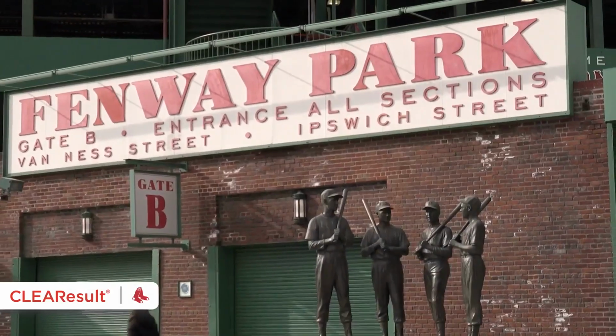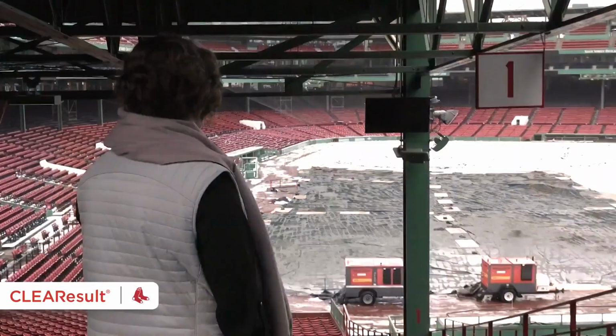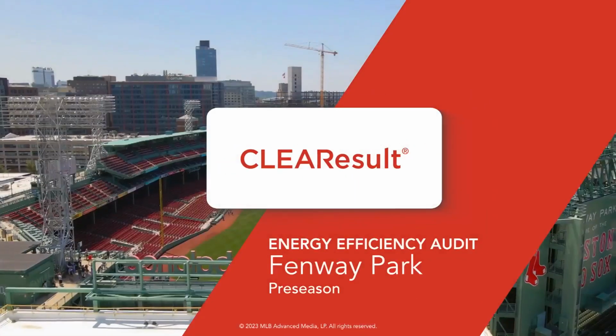We're at Fenway today to do an energy efficiency and decarbonization audit. We are really excited to walk through this historic park, and we're checking out basically everything. In order to prepare, we were provided with all their utility, electricity, and natural gas data, and then evaluated that